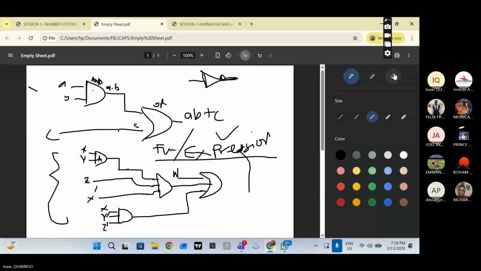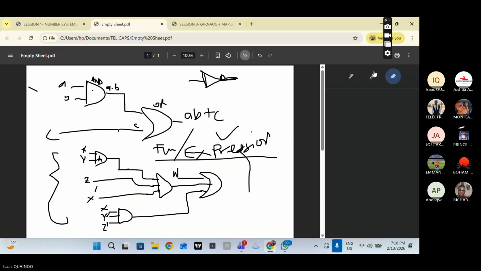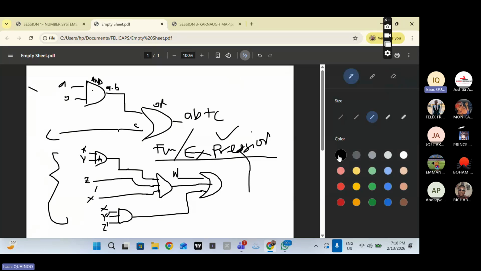Okay. So if you look at the first symbol, you can obviously tell that this is an AND gate. You look at this symbol, you know this is an AND gate. You look at this symbol, you know this is an OR gate. So this is the first and most important thing you have to do to identify the type of gates that we are using. But then when we come to our first AND gates, we have,